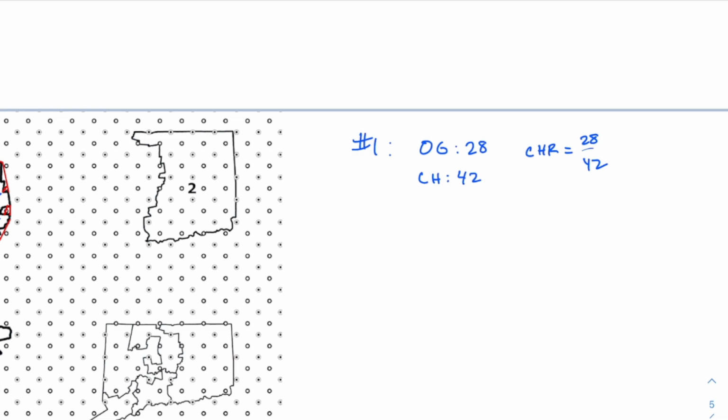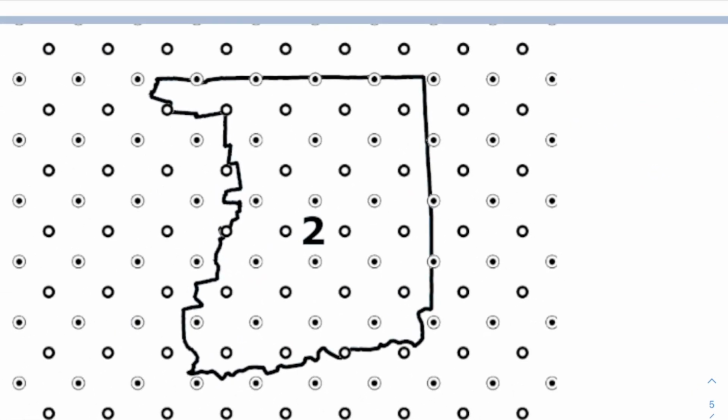Any thoughts about that? Let's try district number 2, and then I will have you all try the other ones. So when I do district number 2, again, I'm going to start by counting the ones that are on the inside. These guys across the top are all on the line, and they are not the kind that counts on the line. I will begin with this one here. 1, 2, 3, 4, 5, 6, 7, 8, 9, 10, 11, 12, 13, 14, 15, 16, 17, 18, 19, 20,